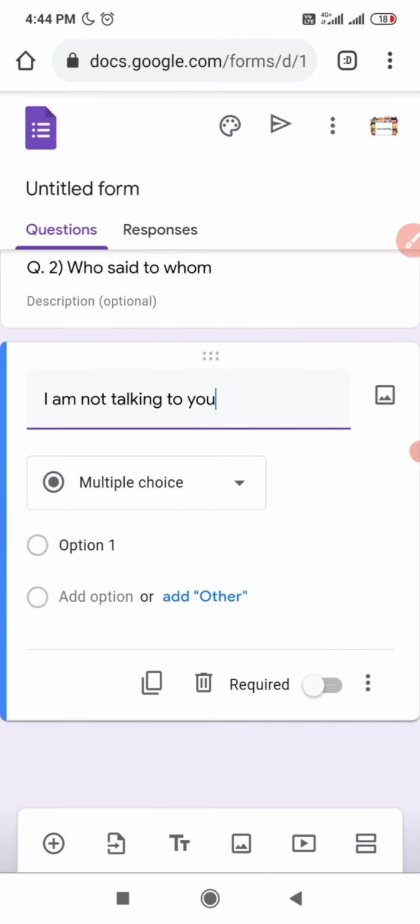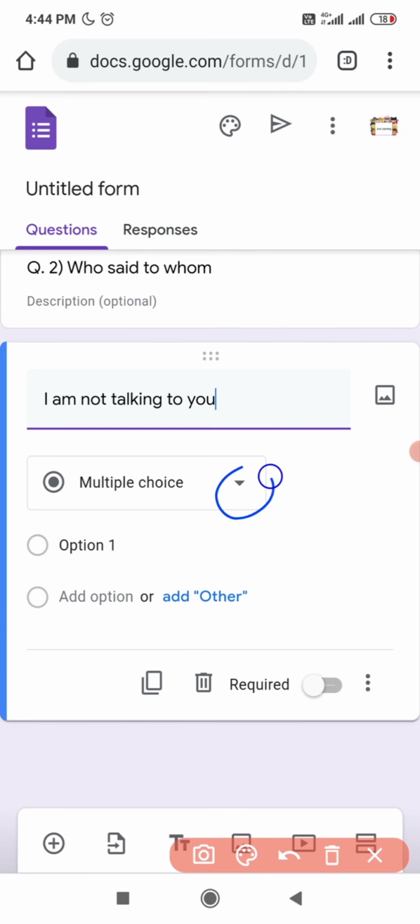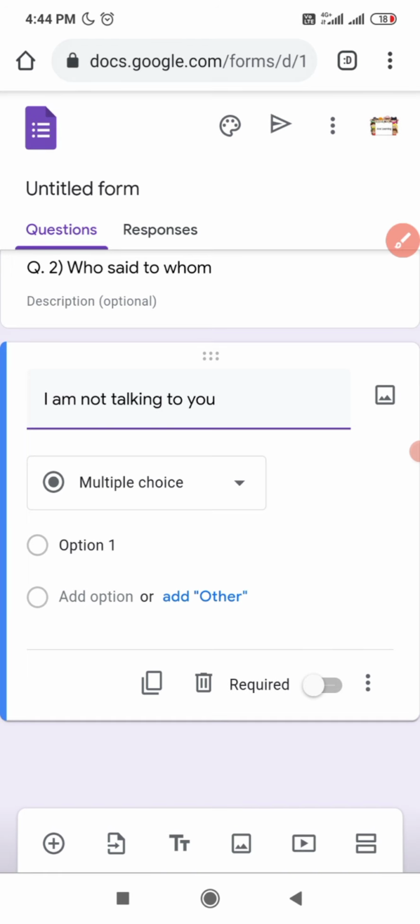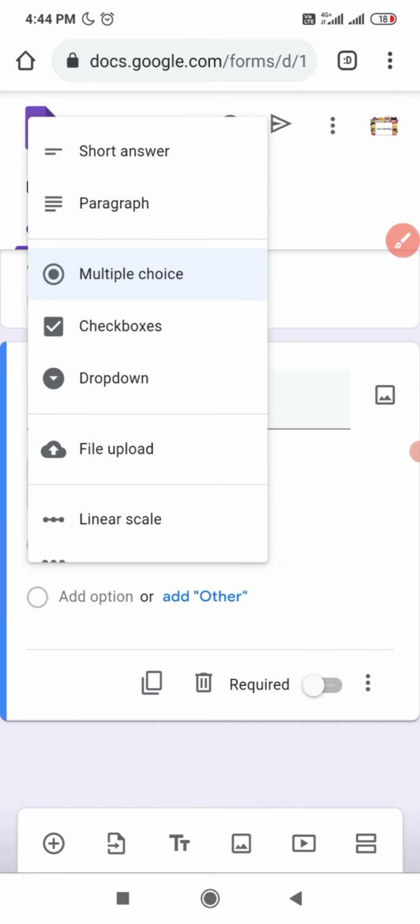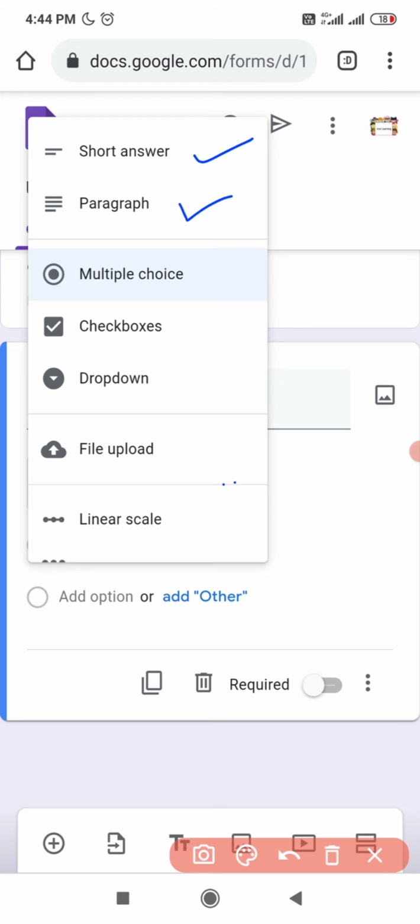Now see, here we have taken multiple choice for this who said to whom. So here we have to select from this drop down button which type of questions we are going to give. The options are short answer, paragraph, multiple choice, checkboxes, drop down, file upload, linear scale.